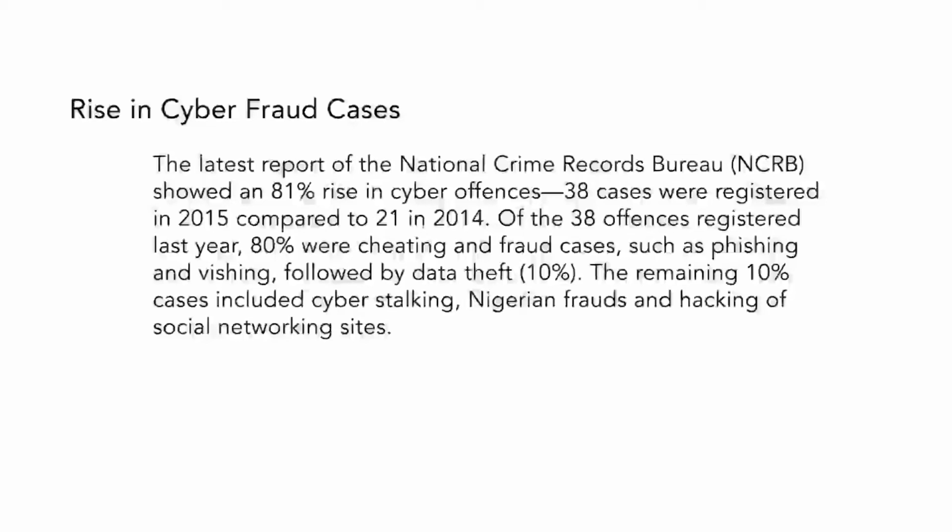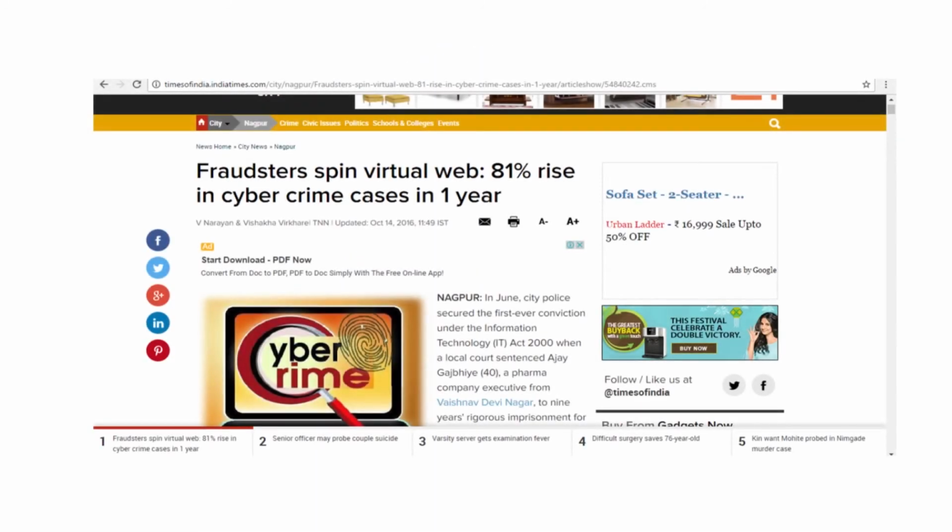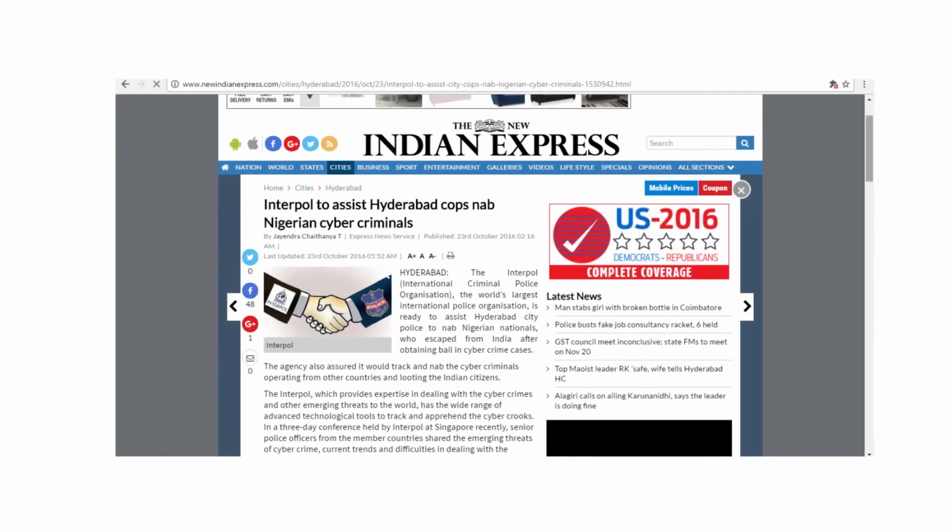And if you see news reports, you will find fraudsters spinning a virtual web, with an 81% rise in cybercrime cases in one year. There have been cases of cyber stalking. There have been cases of the Nigerian attacks, or as we call them, the 419 Nigerian attacks, wherein phishing attacks are happening and a lot of financial frauds take place, and many times we will see that a lot of money is swindled away